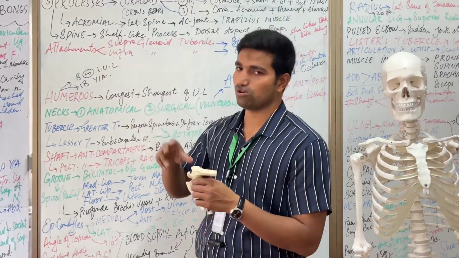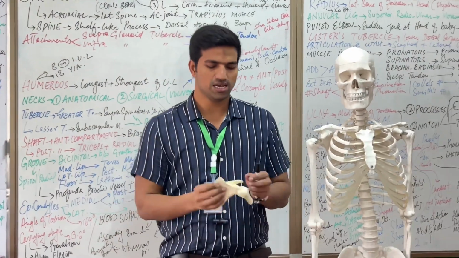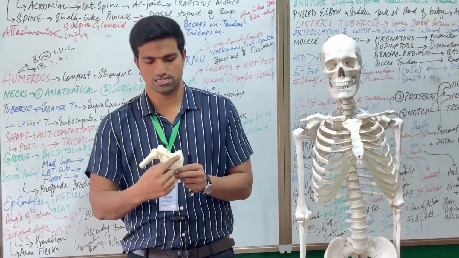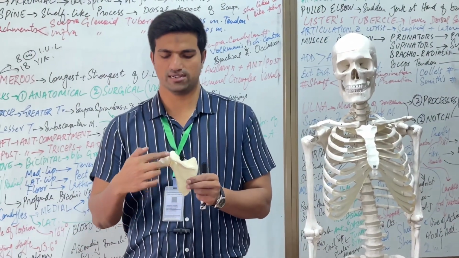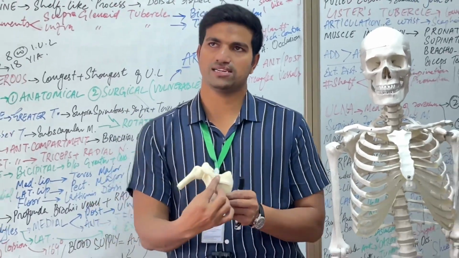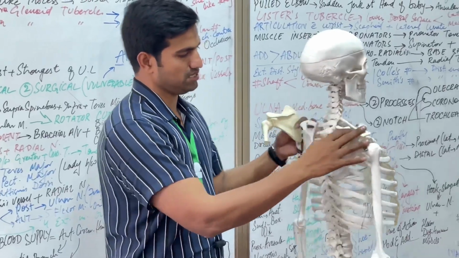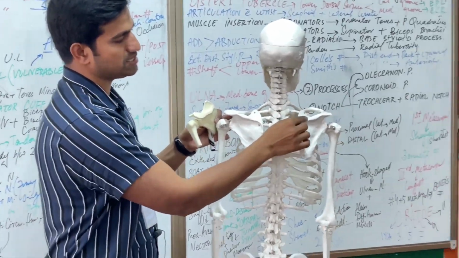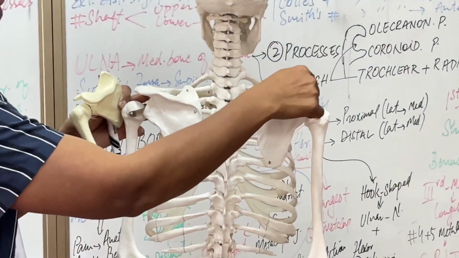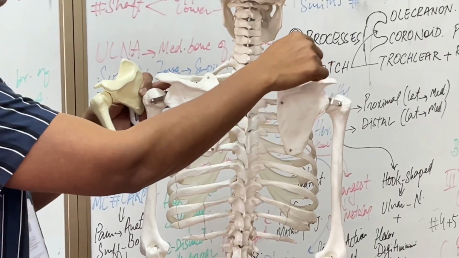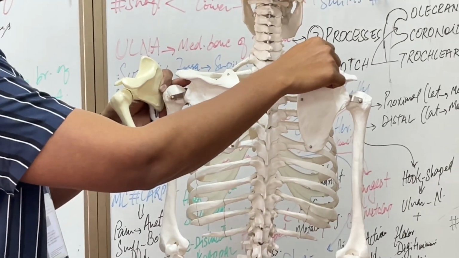Then we talk about the acromial process. This is the acromial process. You can see this is the spine from the medial side going to the lateral side. The lateral side of the spine makes the acromial process. Okay, you can see over here, this is the spine coming from the medial side going laterally. It will make the acromion process. That will make a joint with the clavicle, the acromioclavicular joint.